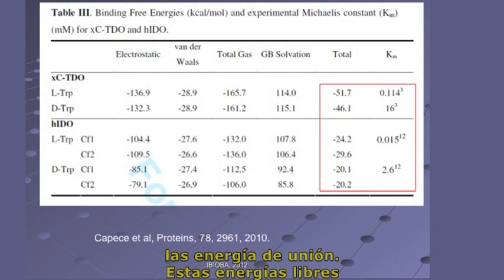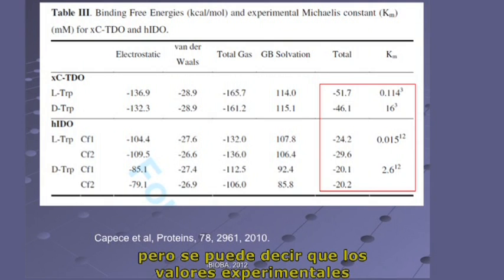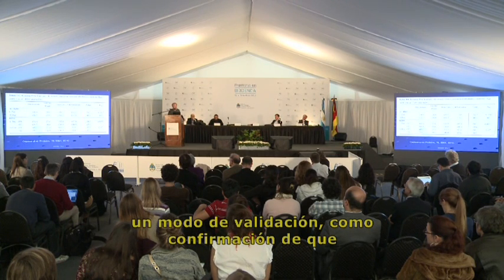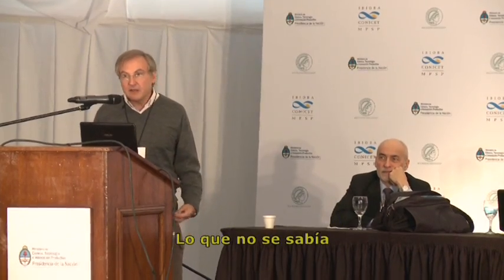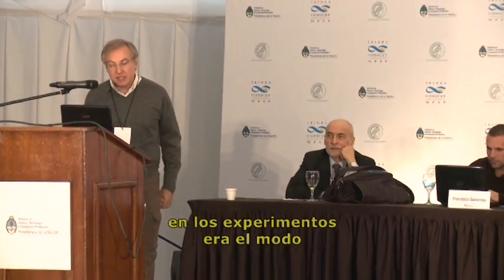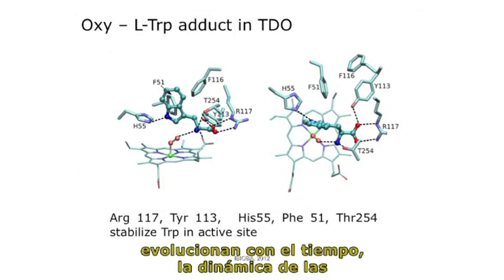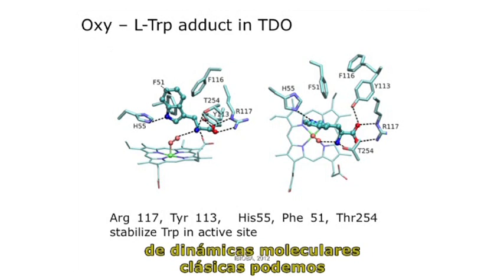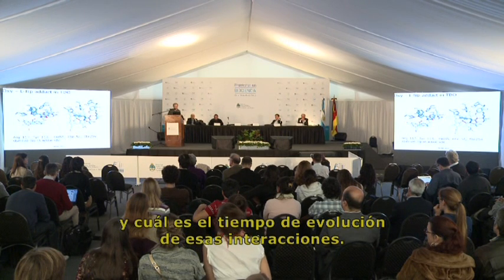These free energies of binding are good to understand things, but one can say that the experimental values are already known, and so this is good only for validation, to see that we are doing things more or less in the right way. But the thing that was not known in the experiments is the way in which the ligand interactions evolve in time, the dynamics of ligand interactions. And so using classical molecular dynamics simulations, we can see which interactions are the main interactions and the time evolution